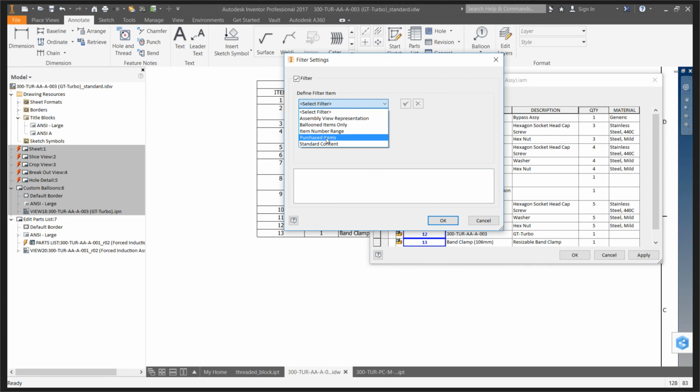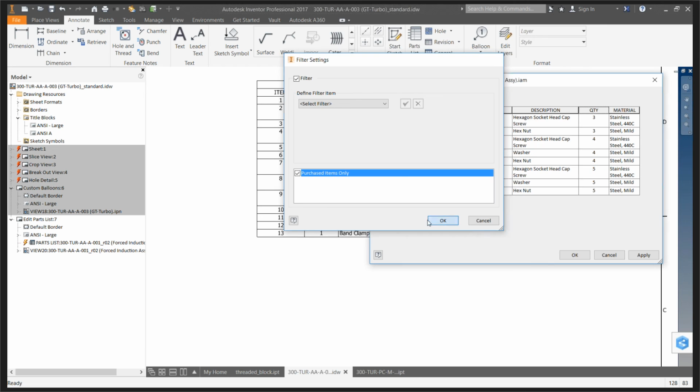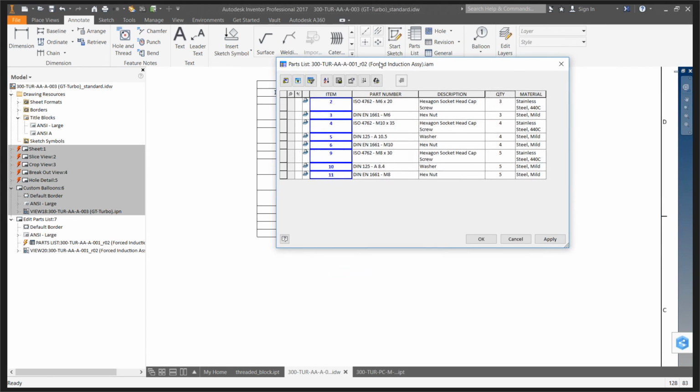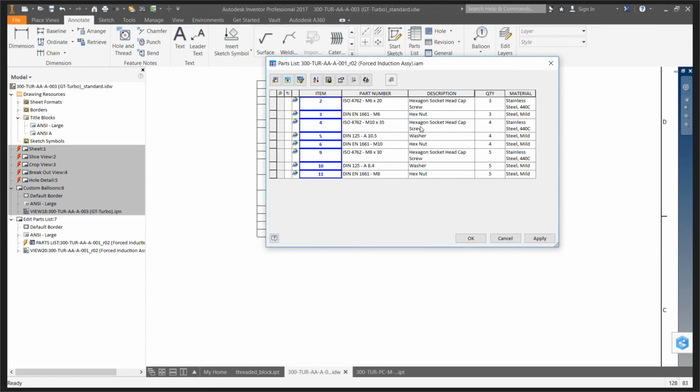I'm going to go with the purchased items. And you'll see once I select purchased items, I can say purchased items only or no purchased items. So purchased items only, for example,